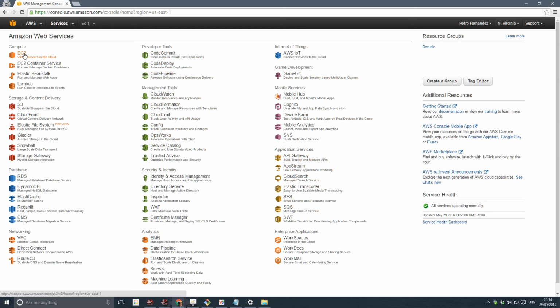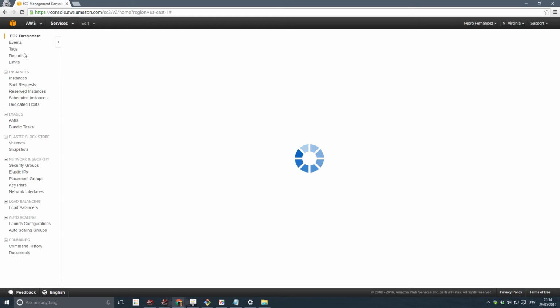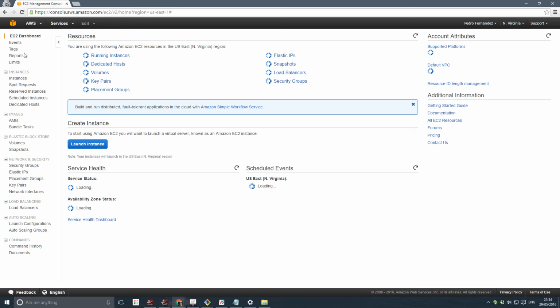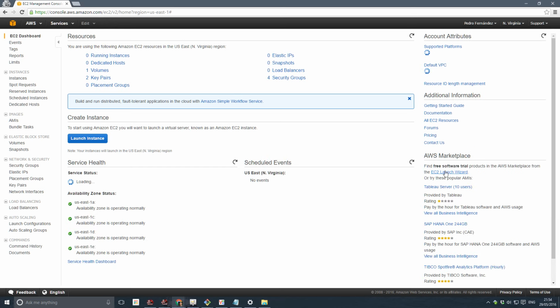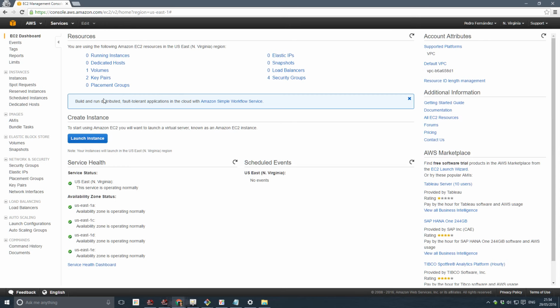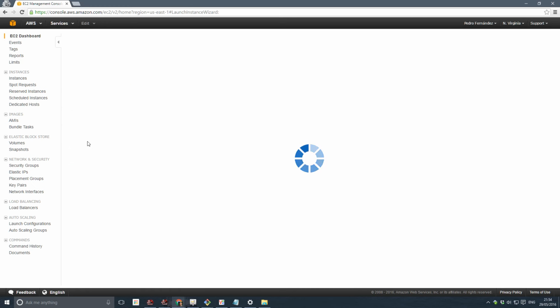So we're going to start by using an EC2 instance, and I'm going to tell you how to create one. So basically what we're going to do is create a new instance once we get it up and running. So here's the dashboard, here's what it tells you. This is the kind of information that I have: I actually have a volume and 2 key pairs already in North Virginia. So I'm going to launch an instance. It's a very simple process, it's super easy to create a virtual machine. So I'll just click it, and when it decides not to beach ball anymore,